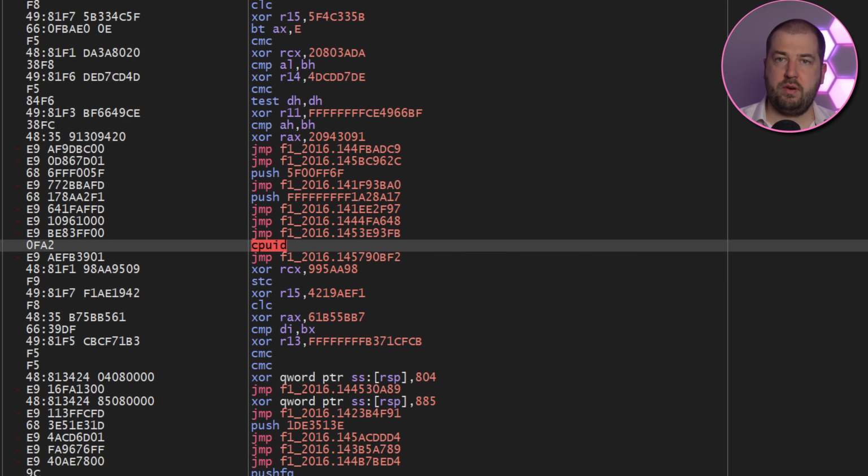But the VM doesn't have a CPUID opcode, so it has to do a full VM exit before executing this instruction. So we can use this info we found so far to find some of these. This is a good starting point, however Denuvo has more tricks up its sleeve, so we know it won't be this easy. We need to start exerting some control over the game, and the easiest way to do that is